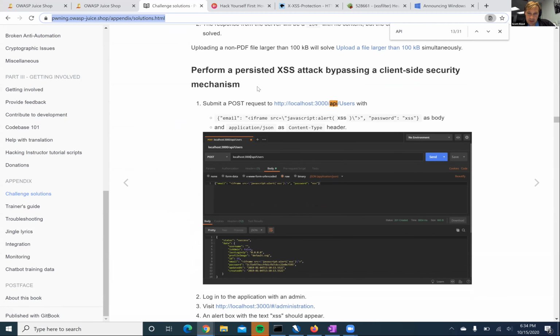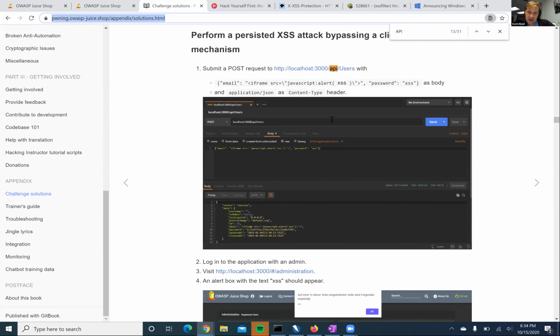Let's see, submitting. Oh yeah, this is the users one, right? So similar sort of idea. You're submitting a post to users with the email, in this case, as the injection attack.